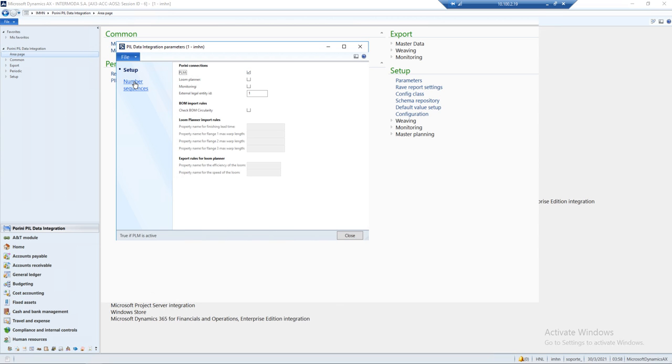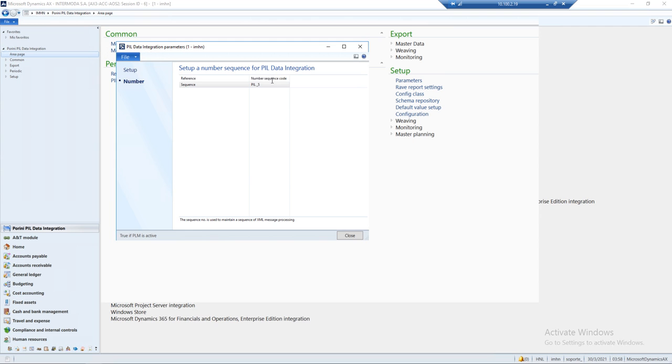We also need to define the external legal entity. In the case of the company Intermode, it's one on the PLM. We also need to define the sequence number. This sequence number is used for the messages that are created and imported in the PIL